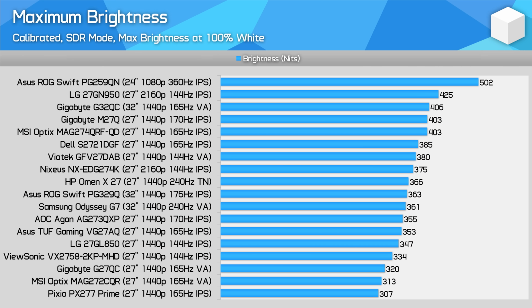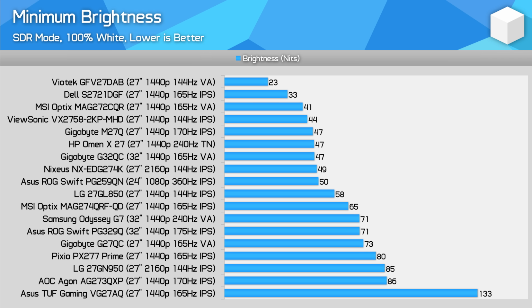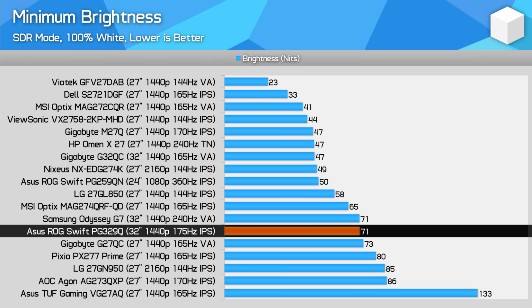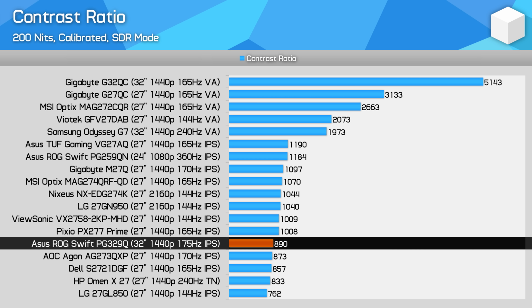The PG329Q has good maximum brightness at 360 nits in the SDR mode, which is fine for most people. Minimum brightness is also fine at 71 nits, coincidentally the same as the Samsung Odyssey G7. The contrast ratio I achieved with my unit was disappointing at below 1000:1. The 32-inch variant of this panel does not have as good a contrast ratio as the 27-inch variant as seen